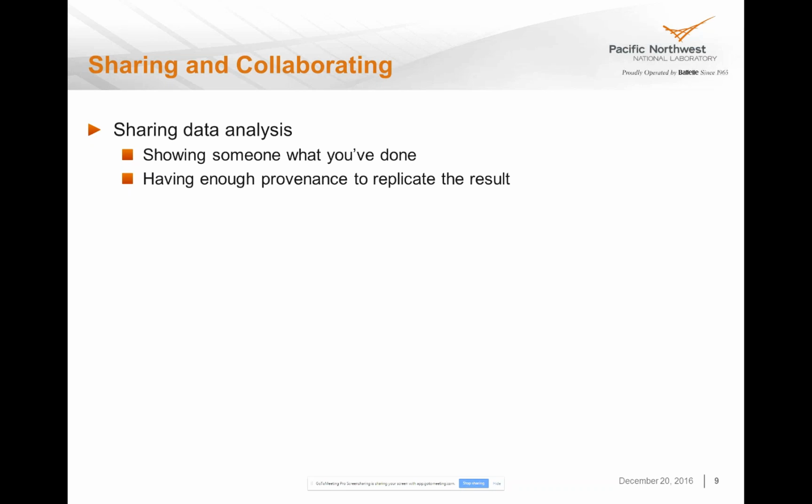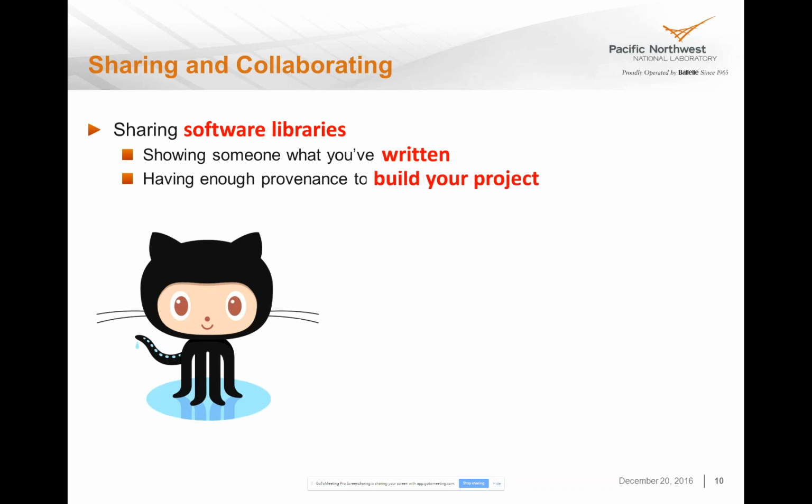Somebody finds something cool and they want to share it. They want to share what they've done with enough provenance so that someone else can either check it or stand on the shoulders of giants and improve the analysis result. Looking at this pattern, it reminded me a lot of my life in computer science: sharing data analysis is like sharing software. You want to show somebody exactly what you've written, and provide enough provenance that they can take it and execute it or build off of it.